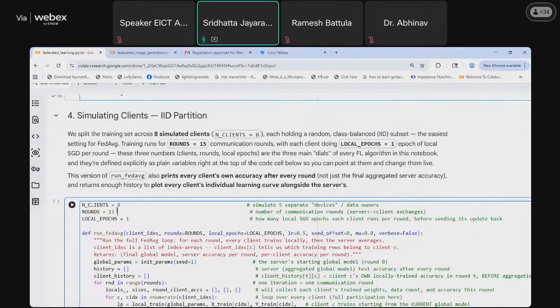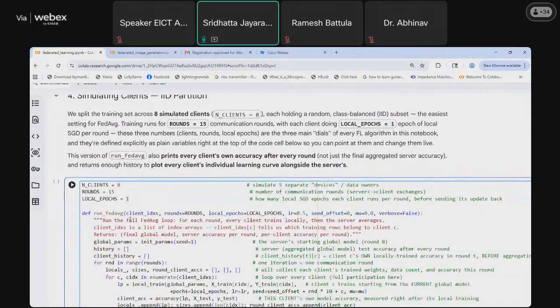Rounds is the number of weight updates that will be done with the server, so 15 weight updates will be done with the server. Local epochs is the number of epochs done locally, that is, the training of the client that will be done locally. Here we have defined local epochs as 1.